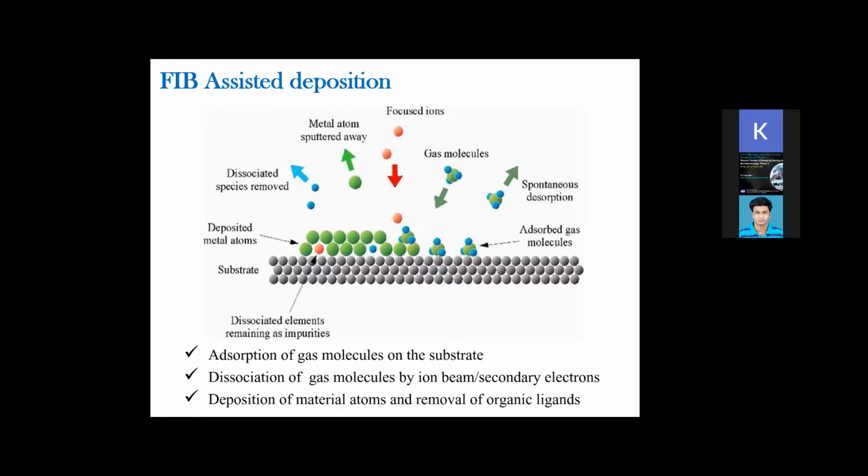So let's say you want to scan a small region. That scanning will create secondary ions and secondary electrons around it, and those secondary ions and electrons will dissociate the gas molecules. The volatile species will move away or will be removed by the vacuum system, while the heavier metal ions or metal atoms will get deposited according to the pattern you want to draw. So this is how you can deposit some material. Mostly metals can be deposited. Sometimes oxide or insulating materials are also deposited by this process.